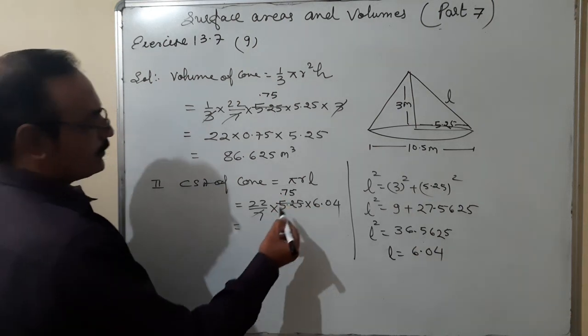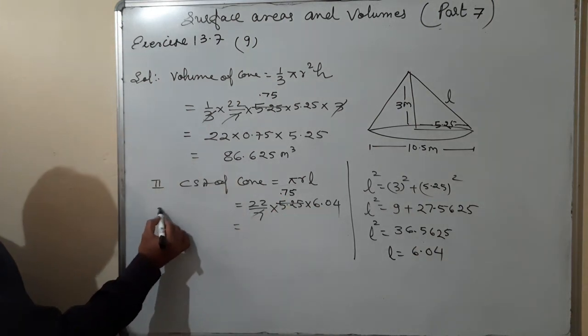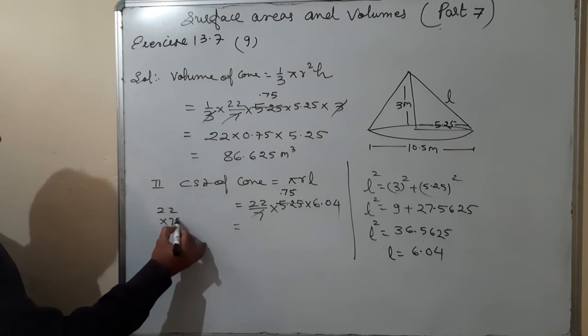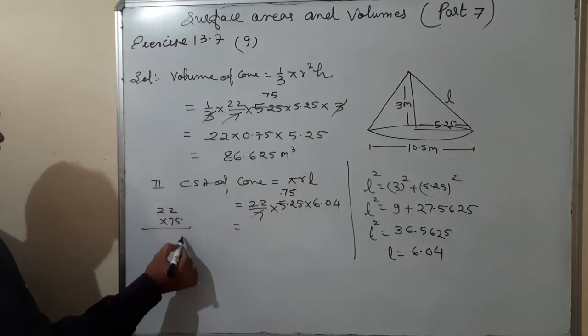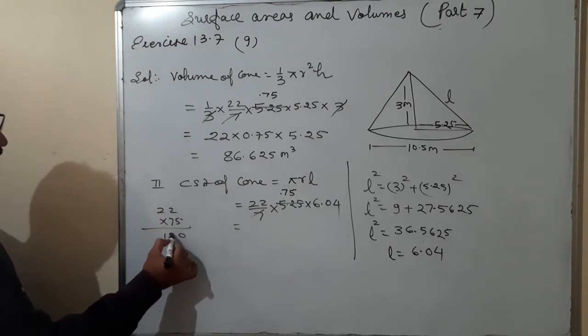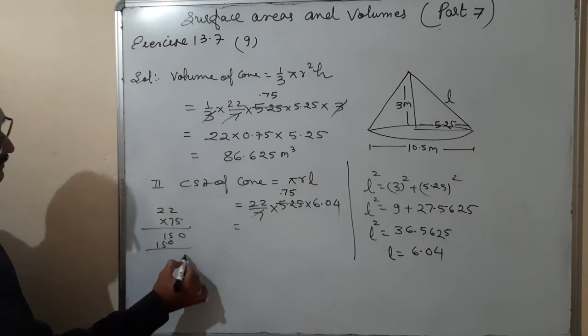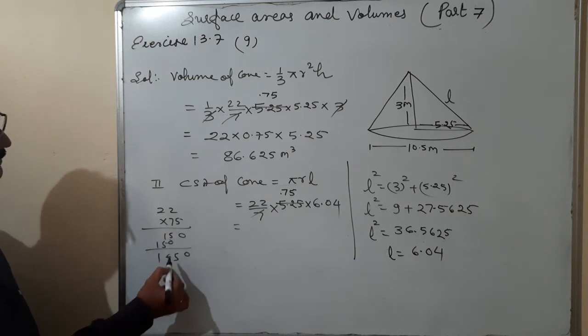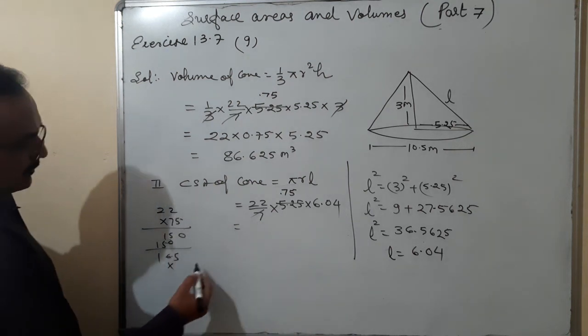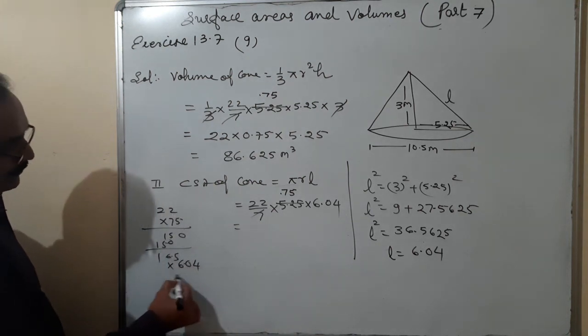Okay. So it is coming 22 multiplied by 75. Okay. 5 2 ja 10. 14 15 150. It is also 150. 0 5 6 1 1 6 5 0. 16.5, and 16.5 multiplied by 6.04.